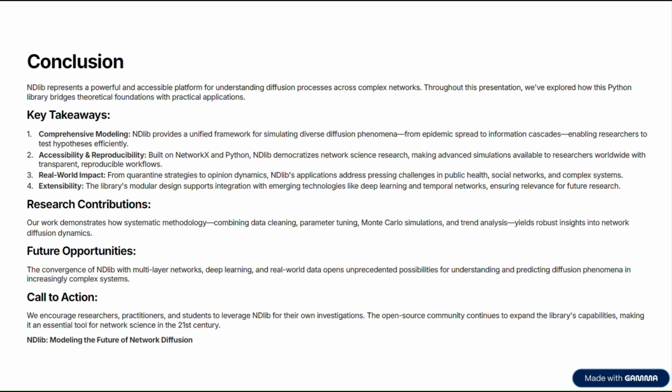Extensibility: the library's modular design supports integration with emerging technologies like deep learning and temporal networks, ensuring relevance for future